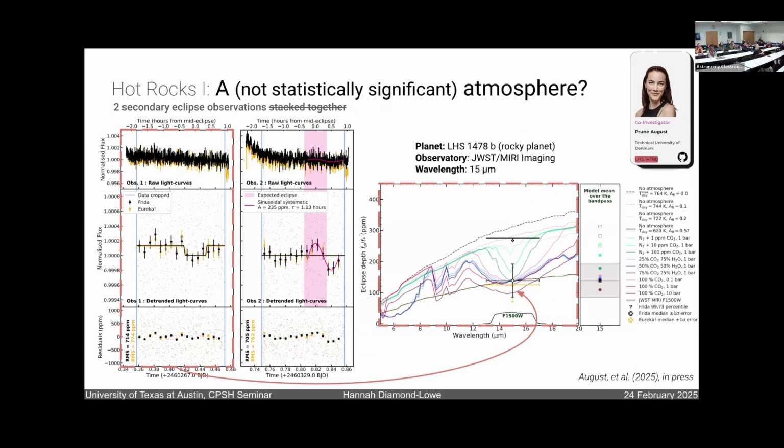This is the weirdest data set. People have come to me very concerned about this technique with James Webb, and they point to this, and I'm like, truly, this was the worst one. But the data came in first. We don't know. Anyway, what I'm showing here is that we got 2 secondary eclipse observations